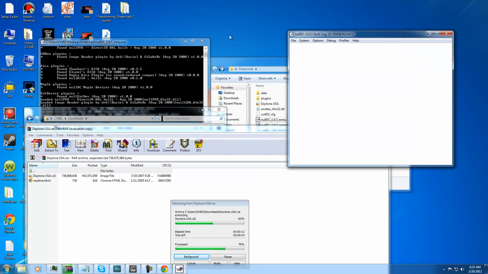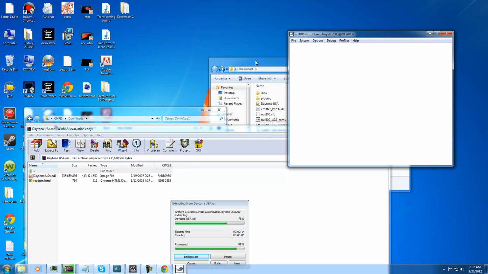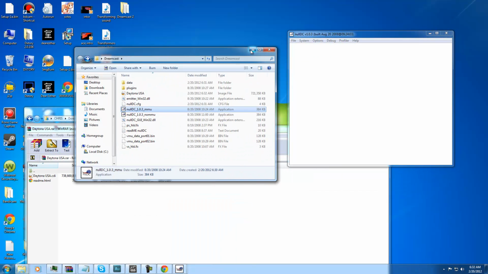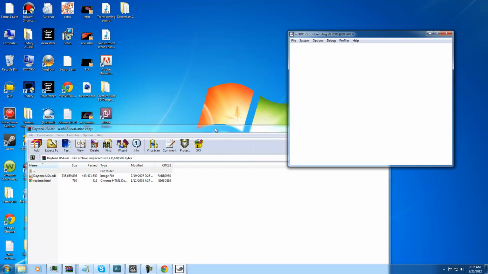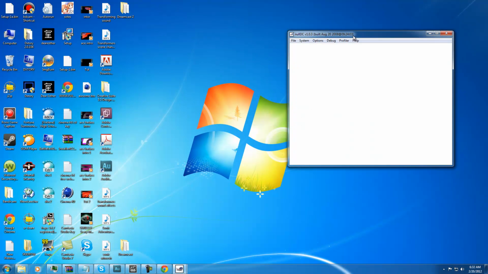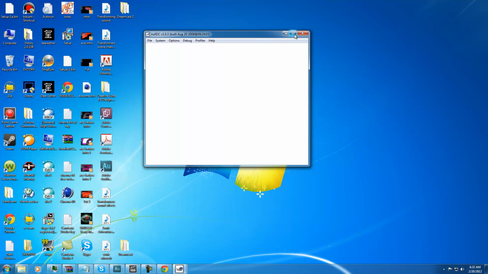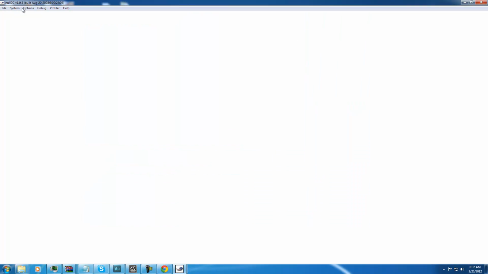Now it's going to extract. Alright, now that's finished, we're going to exit out of this. We're going to go up here and we're going to full screen null DC. What you're going to do is we're going to configure all our options up here. Go to options, go to null DC setting. Click underlock FPU. This will allow you to have a faster frame rate and it'll run your game's sound and frames smoother. Alright, go back to options and click